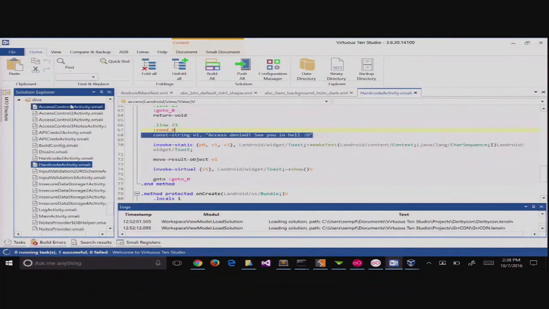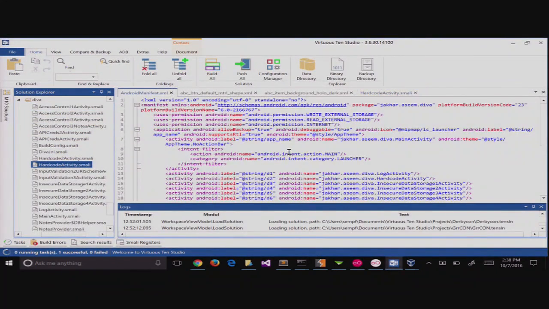So this is Virtuous Ten Studio. Virtuous Ten Studio is the reason why, in my opinion, most of the Android tools run better on Windows than anything else. Most of the Android modders out there, the people who make modifications and skins for Android applications, are 14-year-old boys using their mom's old Windows 7 laptop. And I kid you not, that's who originally wrote Virtuous Ten. They weren't really 14, but they were basically kids building a tool set to make mods to Android apps. As it turns out, these tools are awesome for static analysis of the APK files.